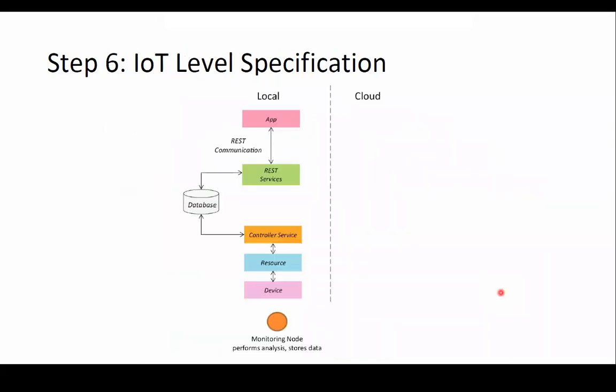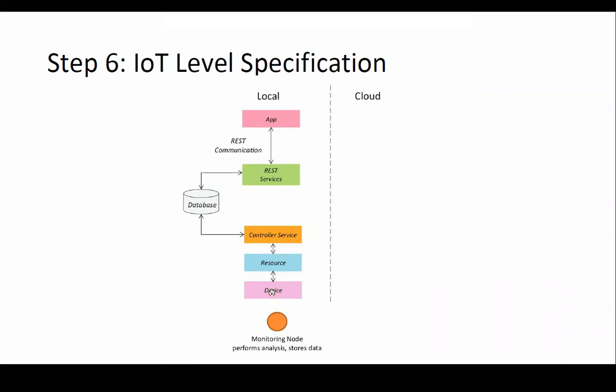Next is, as at the starting of this case study, we discussed that all this system relies on the local side. It will not be available on the cloud side. That's why level 1 IoT specification has been used. If you remember the levels, the 6 IoT levels, here level 1 is used where everything relies on the local system. There will be no use of cloud in the case of level 1.